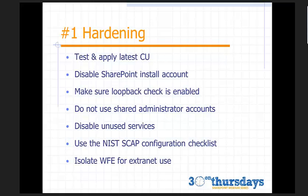And then finally, if you are doing an extranet use, dedicate a web front end for that external use. Choose the right authentication provider for that web application. And isolate it with good network perimeter defenses. I talk about this in some of my talks. Liam Cleary from Protiviti has a lot of information on different use case scenarios and different kinds of farm topology